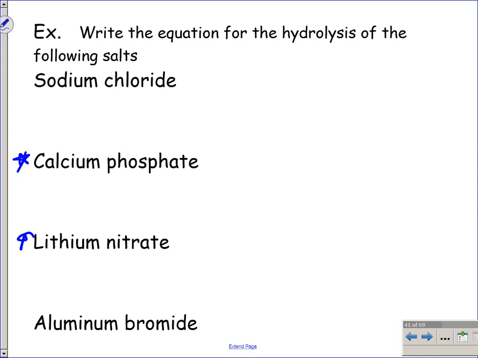Make sure you're crossing your charges every single time. Decomposition has 1 reactant with almost 2 products. This still has 2